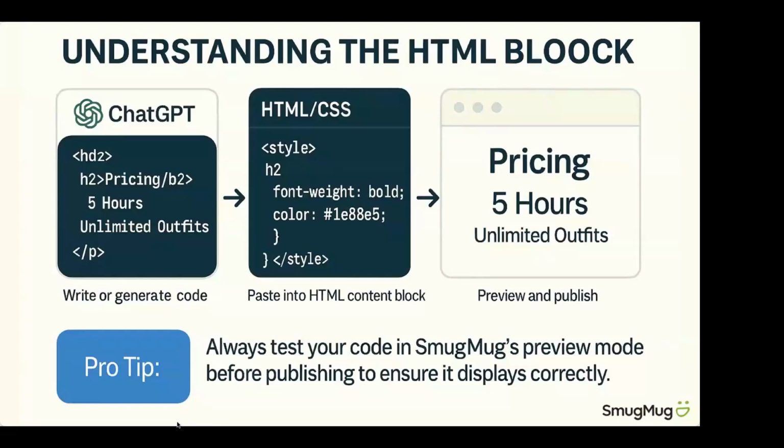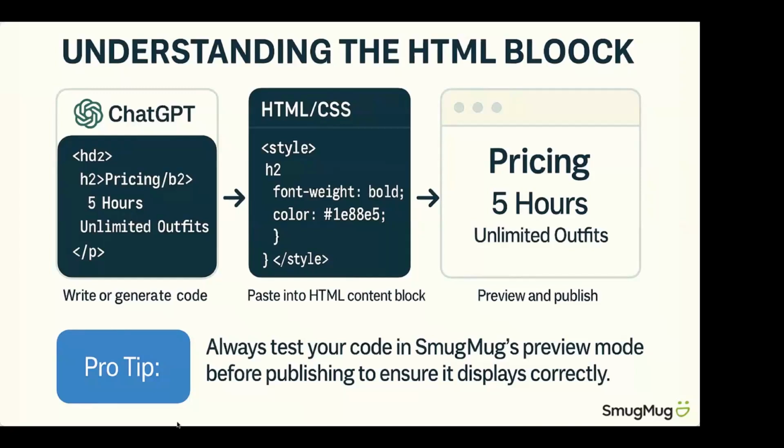The process, again, is pretty straightforward. Generate your code with AI, copy it, paste it into the HTML block on SmugMug, preview it to make sure it looks right, and then publish. That's it. Now, one important tip that will help save some frustration and time is whenever possible, always use SmugMug's preview mode before publishing. This gives you a chance to spot and fix any issues with the code before publishing it to your site live. It takes just a few seconds, but prevents those awkward moments when something doesn't display correctly